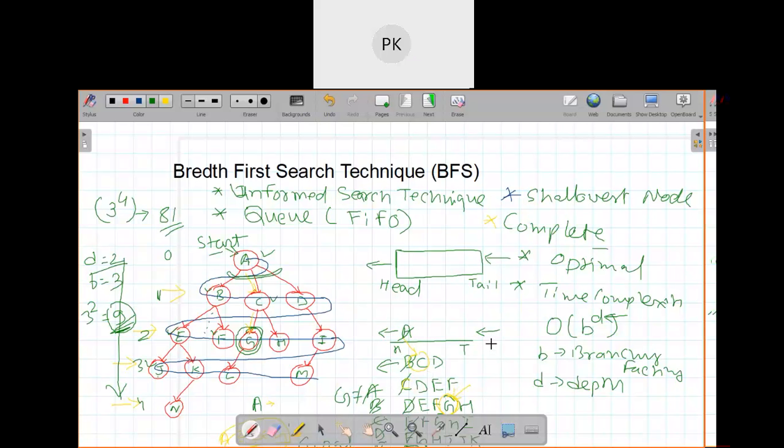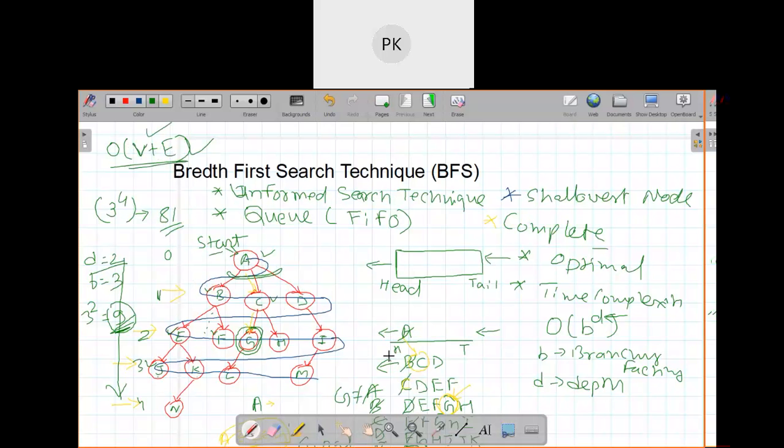Big O of V plus E. I'm not clearing what you are speaking. So I'm saying that the time complexity of BFS traversal is big O of V plus E, where V is total number of vertices and E is total number of edges. Is it V plus E? Okay. Yes, it is. Good. In this way, you can also represent your time complexity for this breadth first search, where V is vertex and E is your edge. Okay, good.